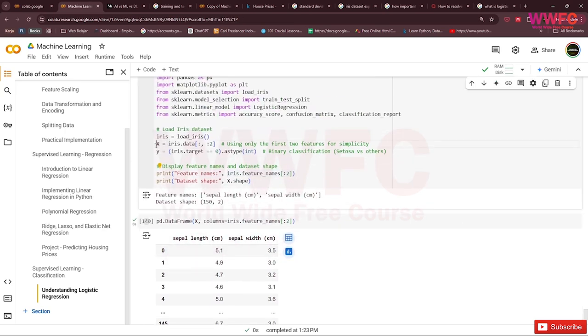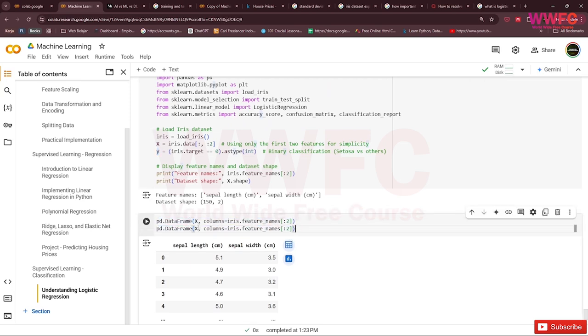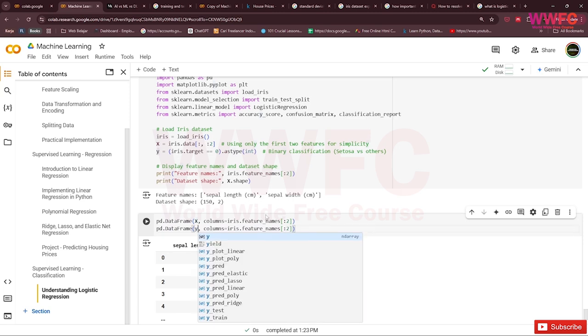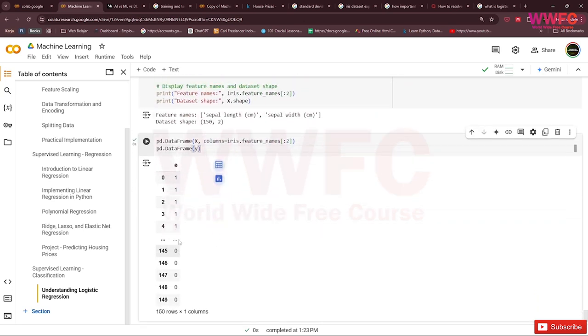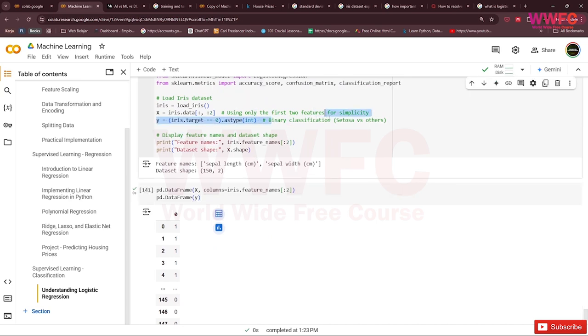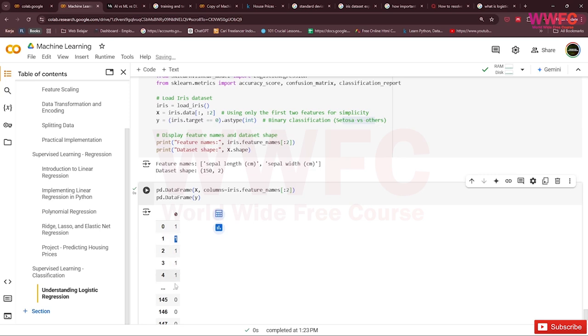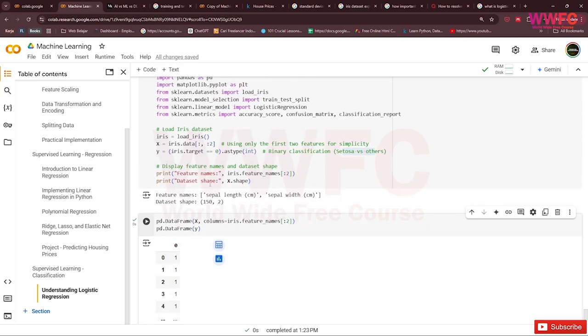So X is sepal length and sepal width, and then we check y. Y is binary classification, setosa versus other. So 1 is setosa and 0 is not setosa.